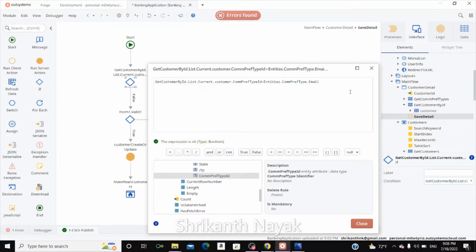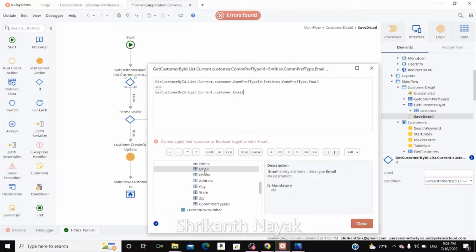So this is going to be logical, and we need to use And here, and I'm going to mention my email field is blank. So I'm checking here if the email field is blank and the user selected communication preference type as email. So if this is the case, then